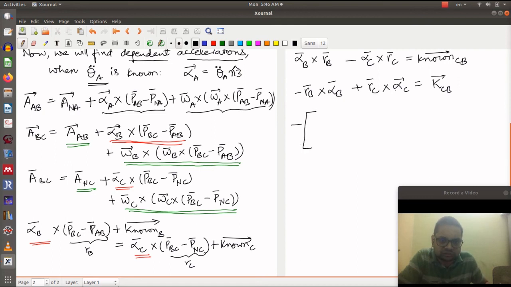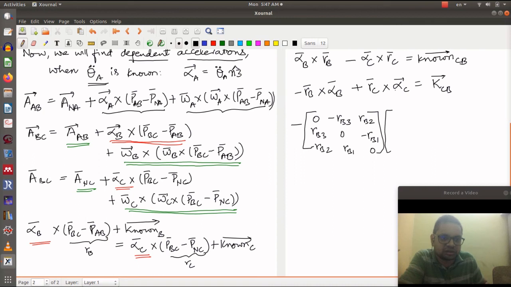Minus cross product can also be written as product of a matrix and a vector, which is 0, minus RB3, RB2, RB3, 0, minus RB1, minus RB2, RB1, and 0,